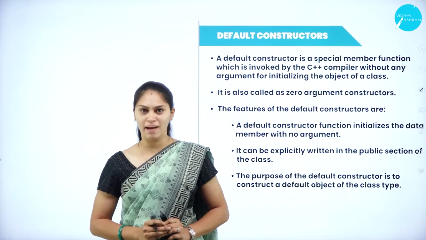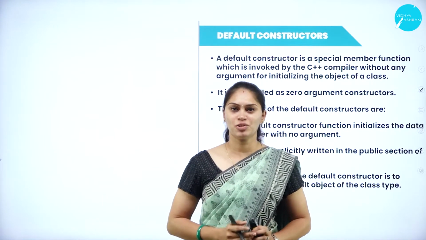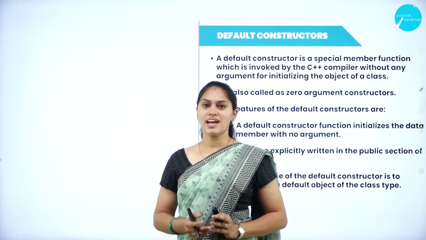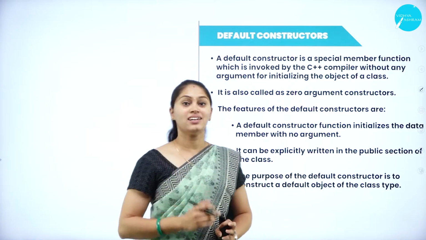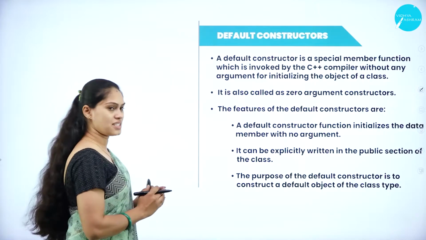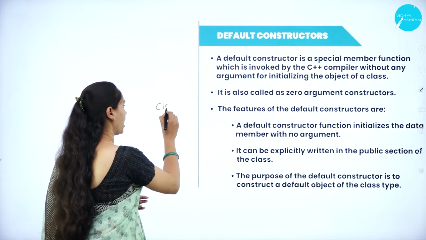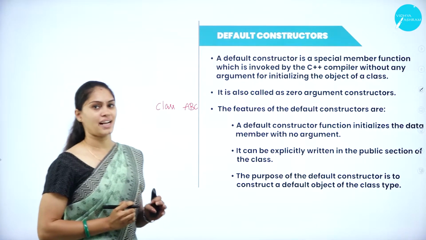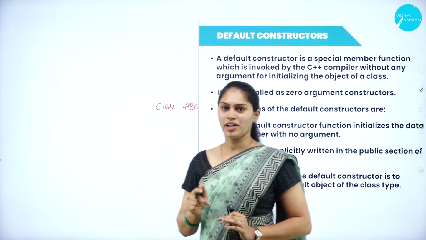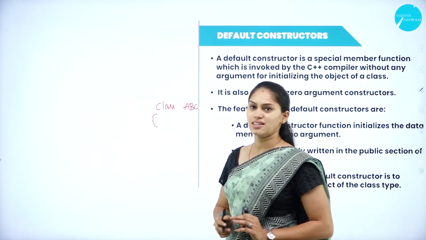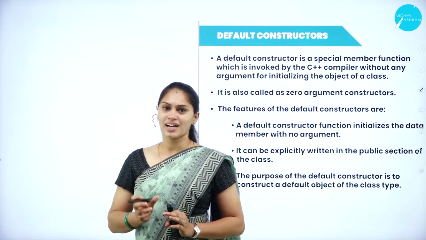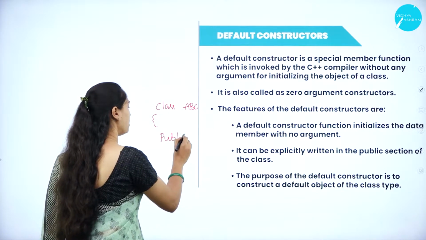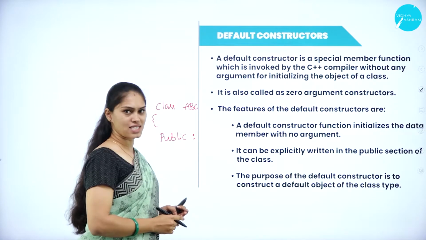Before getting into this parameterized constructor, I just wanted you to recall the constructor. That means what are the rules that you have to follow and what is the syntax that we need to follow in order to write a constructor function or a constructor program. So here I am going to create one class with the name ABC. What does this indicate? I am creating a class called ABC. After that, I am going to open the scope of this class, and I have one function which comes under public. So I am taking public as an access specifier here.